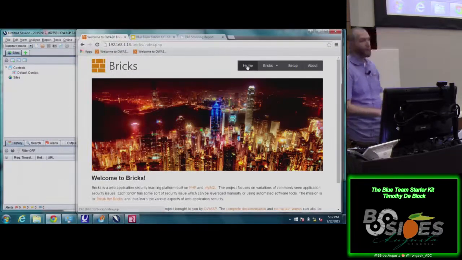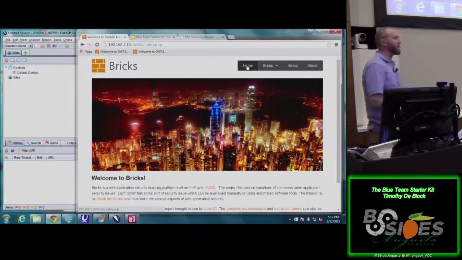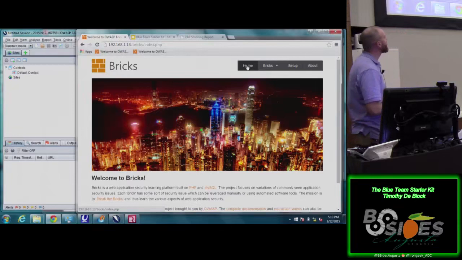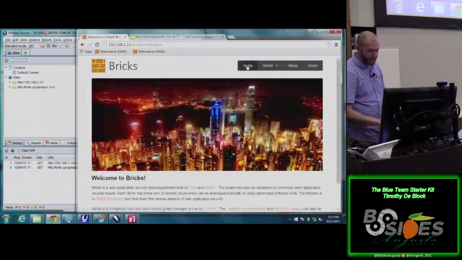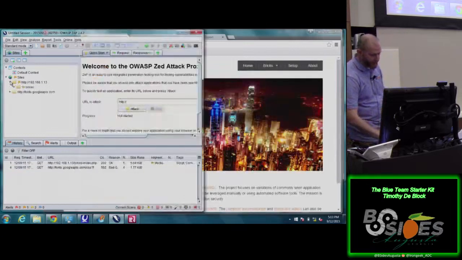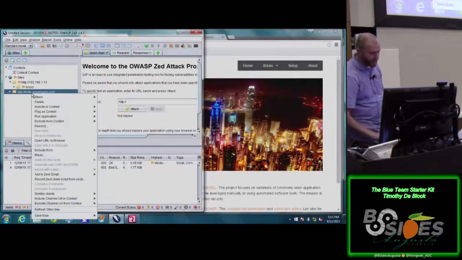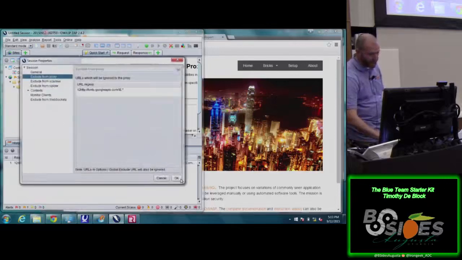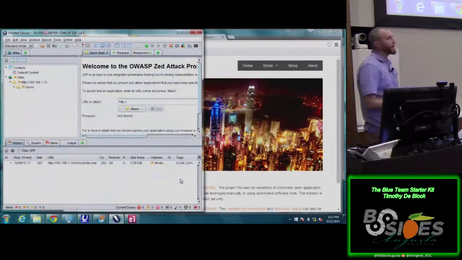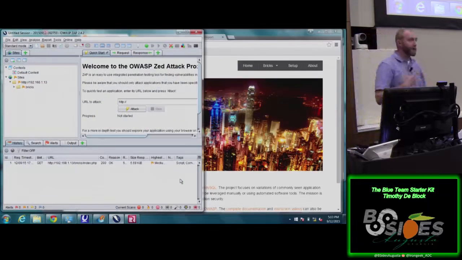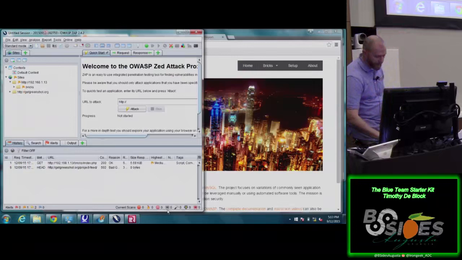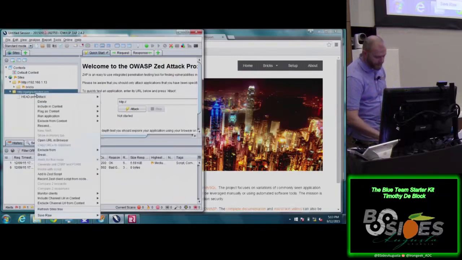within the browser. Be careful of this, because you do not want to start testing a bunch of sites that you do not own. This is specifically for your own stuff. You can get in some serious trouble if you do that. You can see right here, we've already started getting the maps. I actually don't want this. It's built into the application, so I can exclude it so I don't get in trouble. A lot of times, if you have a bunch of other stuff browsing or open, it's going to pick that up, so you have to be really careful about that. There's a screenshot. There's my screen capture.